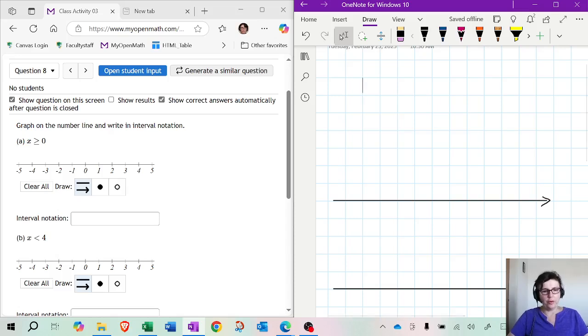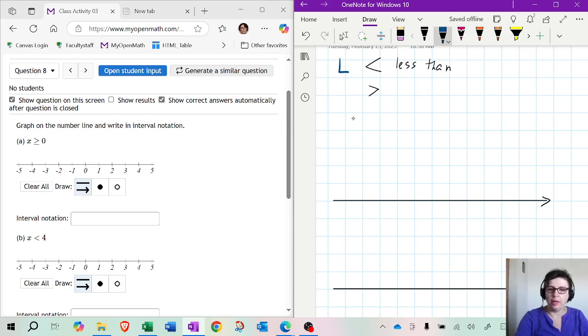Okay, guys, to solve these four inequalities, we're going to need to first remember the basic signs. Hopefully you already know that, and if that's a review, that's great. But just to make sure, we've got these two signs. These are called strict inequalities. This one is less than, and that resembles the letter L, right? So if you think of the letter L like that, and you can just turn it and it becomes a letter L. So that's less than. And the other one is greater than.